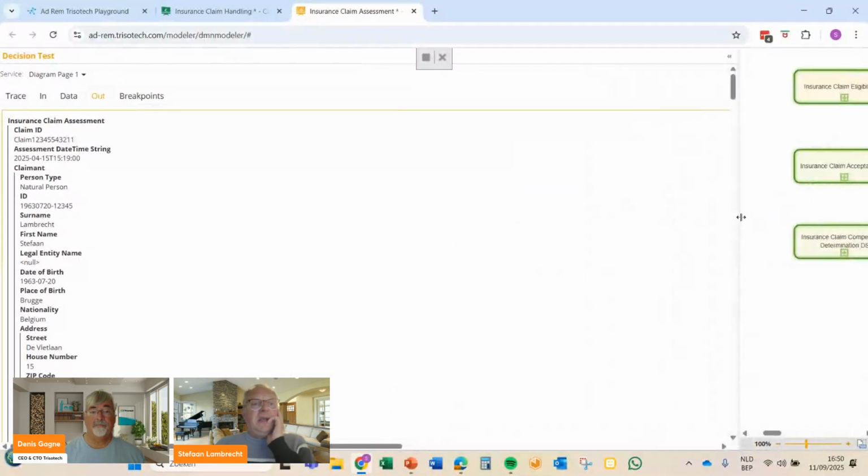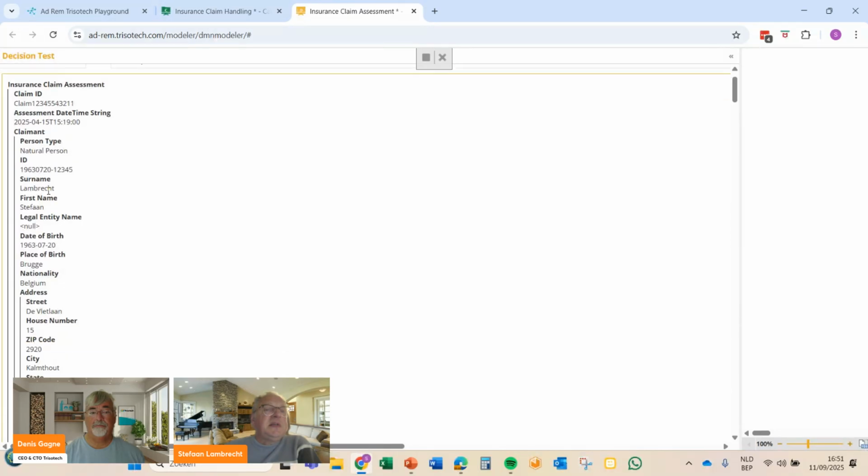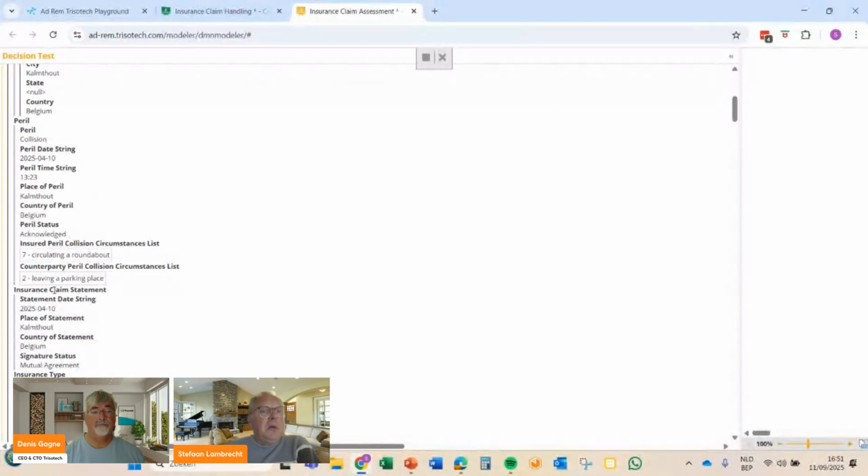And what you will see here is a full overview, in fact, of that insurance claim document. So what I do here is I give a summary of all the input that has been given about the insurance claim. So a claim ID, also when we did the assessment, who has been the claimant, what is the peril.